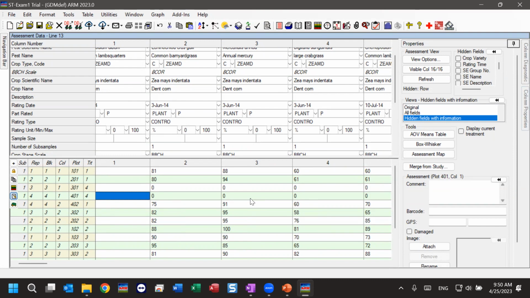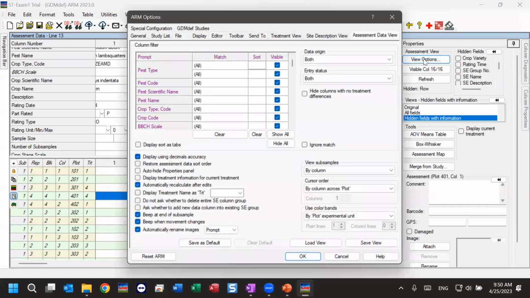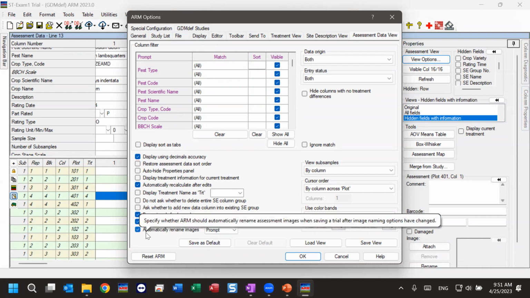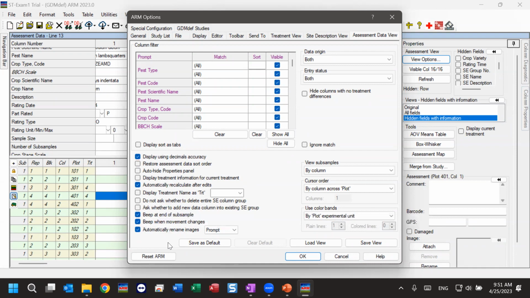Let's toss out things I don't need to look at and pare down my screen to the only things I care about. One more option on the view options I want to point out. There's quite a few of these here, much like most of the ARM options. There's not a whole lot that I think people use a lot of. If there is some particular action you're hoping ARM would do or stop doing, you could scan through these options, but I didn't find any that are particularly compelling to turn on or off. Just the defaults usually are what to use,